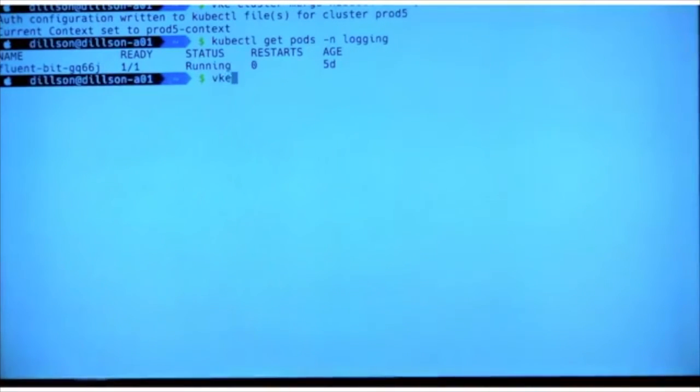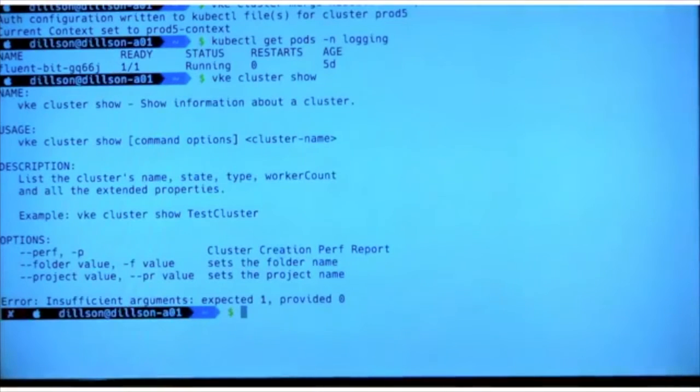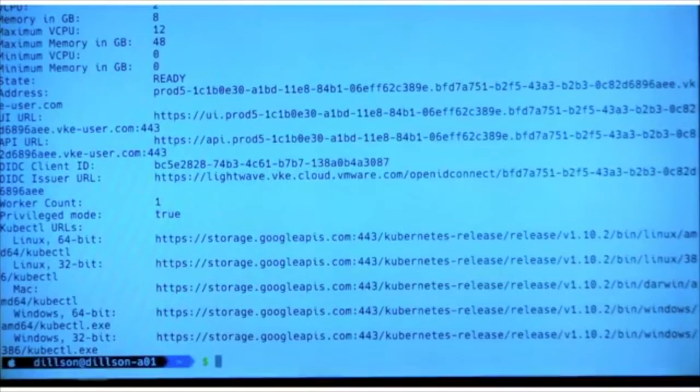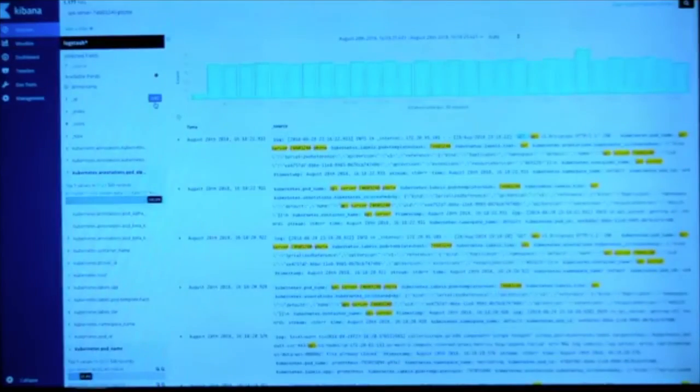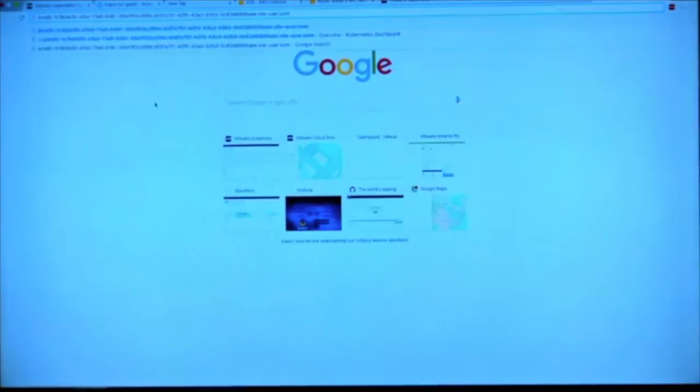And then this application itself, we can verify that this thing is up and live and probably push a couple extra logs with new timestamps in. So what we'll do is I'll do a VKE cluster show based on my cluster. I'm doing that just to grab the ingress URL for the cluster. And then if I come back here,